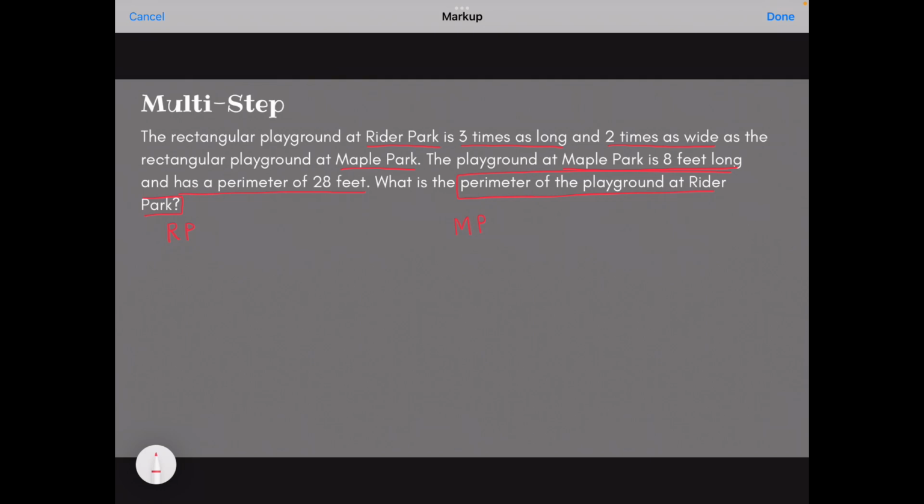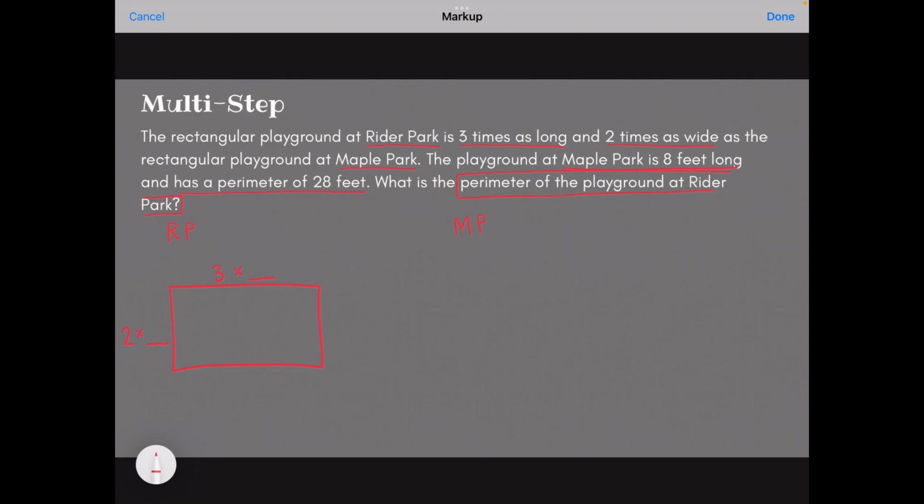I'm not getting a lot of information about Ryder Park. I'm going to draw out my rectangle and plug in what I know so far. Ryder Park is 3 times as long, so the length is going to be 3 times the length of Maple Park, and then the width is 2 times as wide as the Maple Park's width. So for now, I'm going to leave those empty